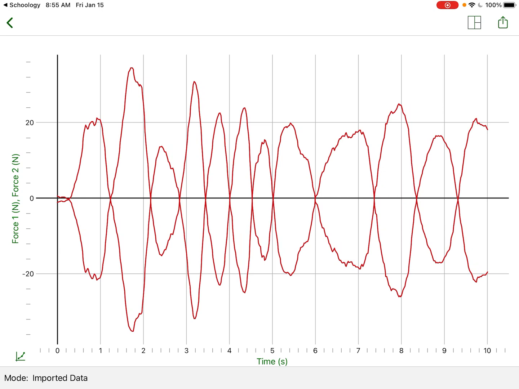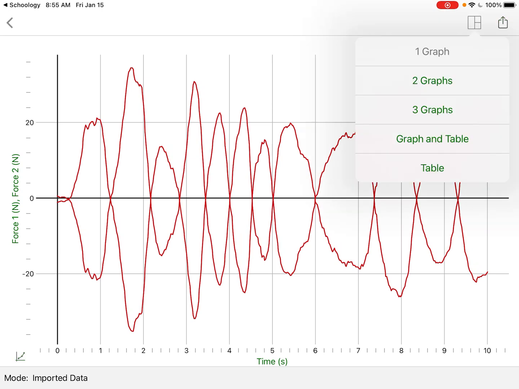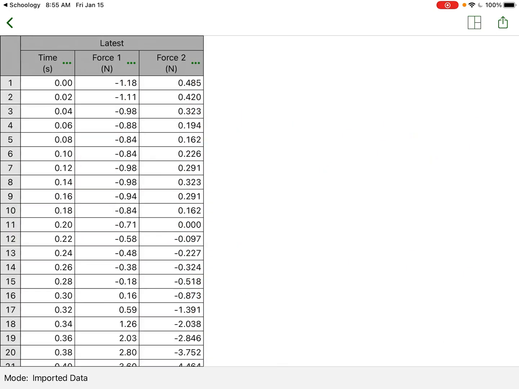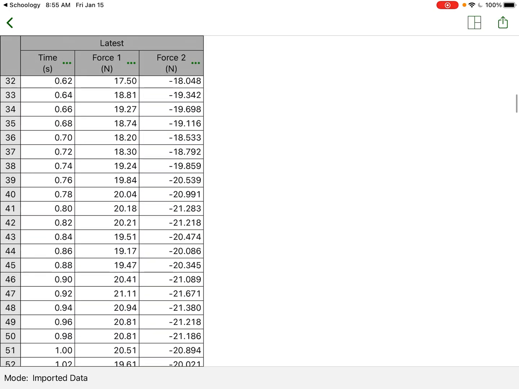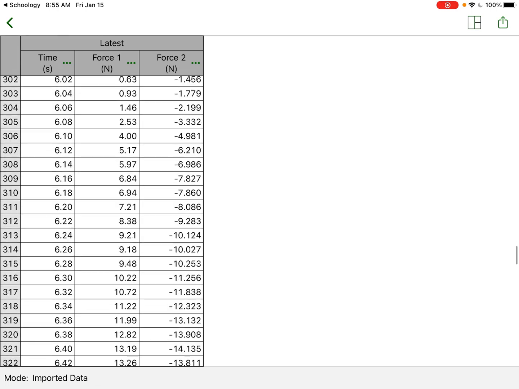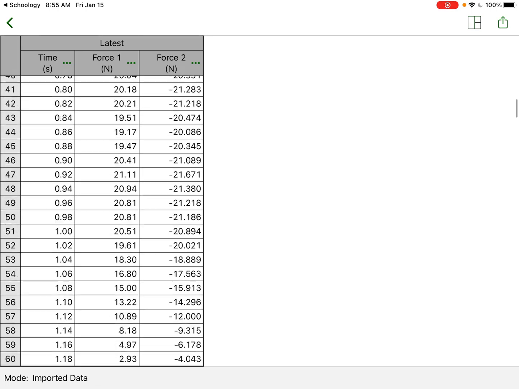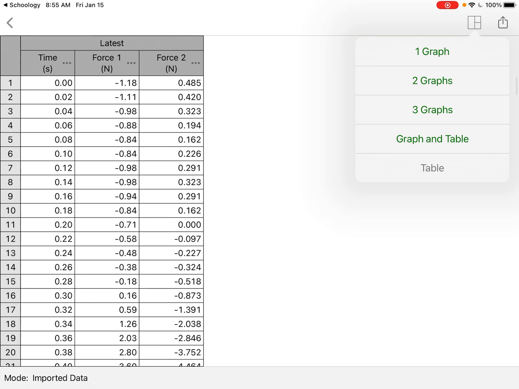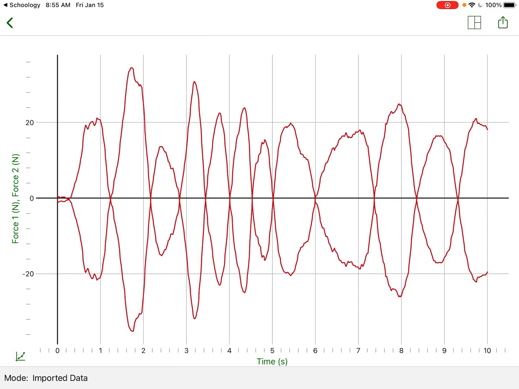Now, what this really is, if I tap up here and go down to table, is data of pulling and pushing on two different spring scales. So there's just tons and tons of data, too much for us to look at numerically, so we look at it graphically. I'm going to go back to that single graph, which looks like this. If you look at the vertical axis, you see force 1 in newtons, comma, force 2 in newtons, so both forces are plotted. If you tap on that green text that says force 1 newtons, comma, force 2 newtons,